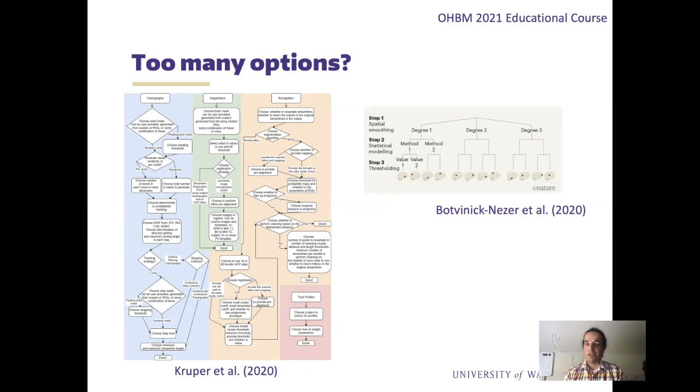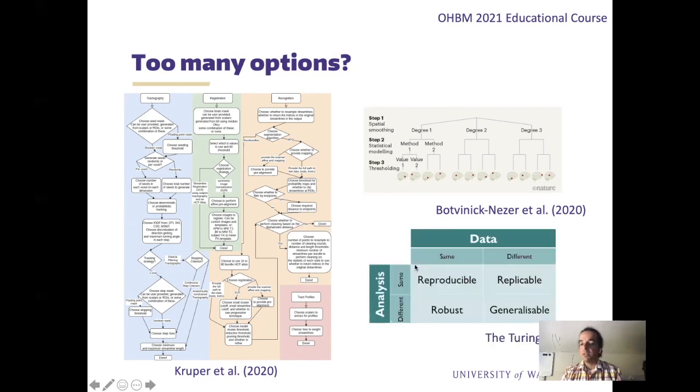flowchart that John prepared to explain all the different choices that you can make along the way when you're using PyAFQ: choices about the tractography algorithms that we use, and there are many options there; the kinds of registration algorithms that we use to match the individual subject's data to the template; and the choices we make in terms of bundle recognition, whether it be using the waypoint ROIs or using the RecoBundles algorithm that I described before. All of these require making a variety of different choices, and you might worry that